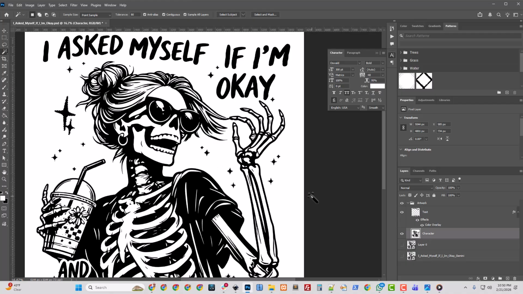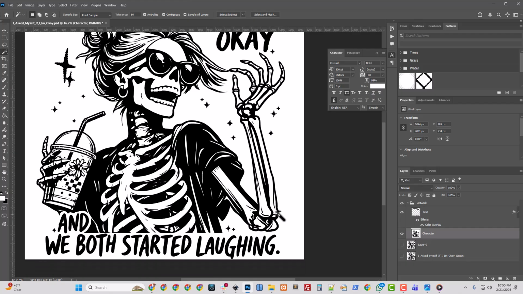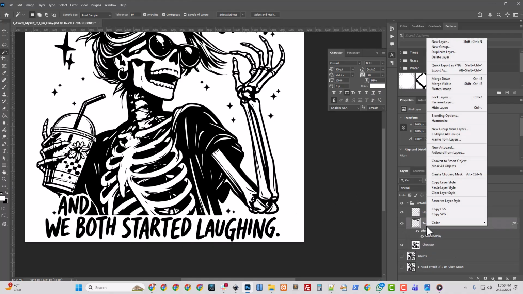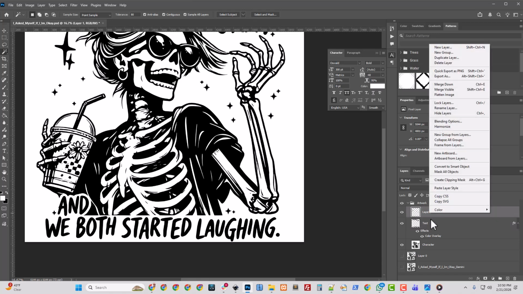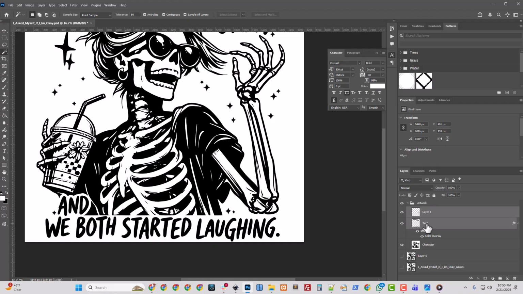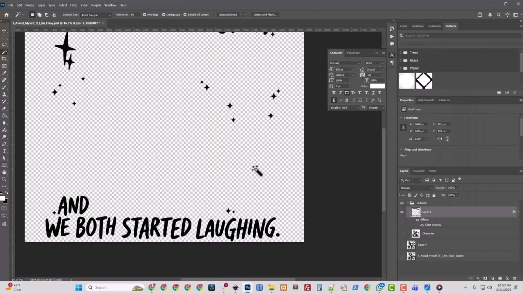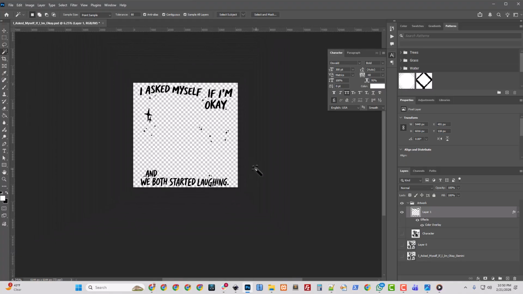So, all right, let's just copy all that, and we're going to need these stars to be white on a black shirt, or we won't see them. I'm going to put this above the text layer. I'm going to copy the layer style again. I am going to merge down. I'm going to paste the layer style. Probably could have kept the other one, but I'm not. And now I've got all my text and my stars on this layer. And I still have stars on this layer.